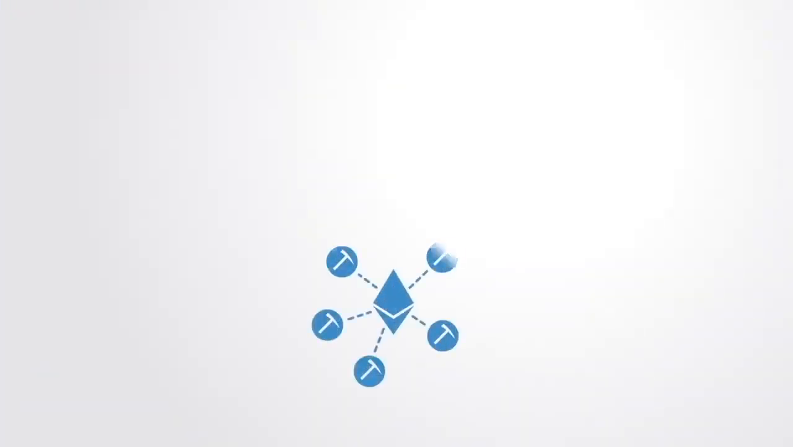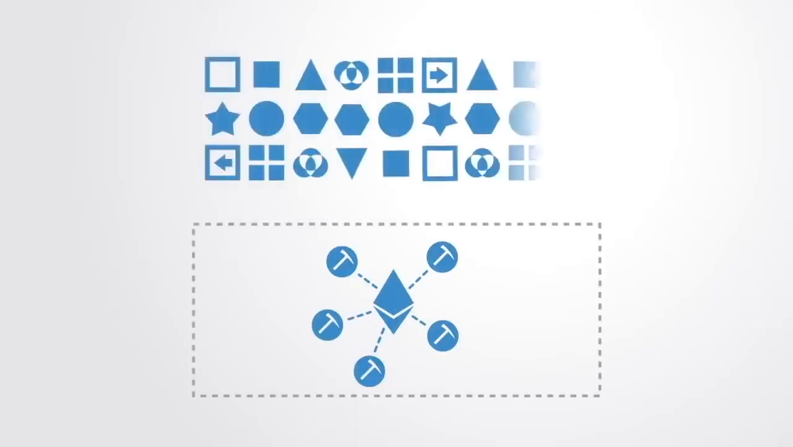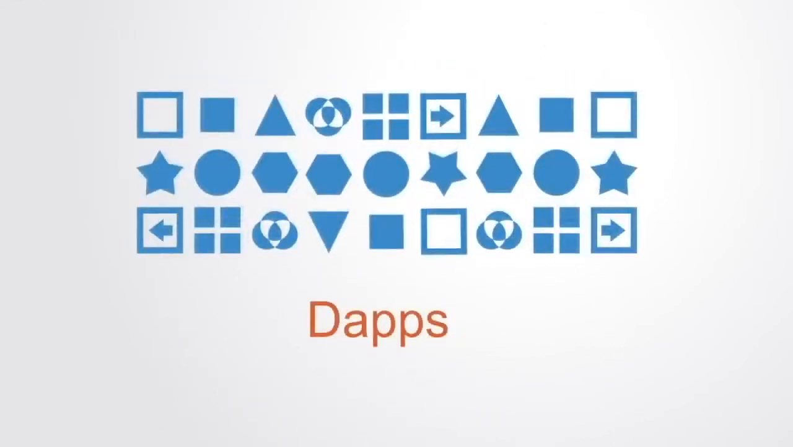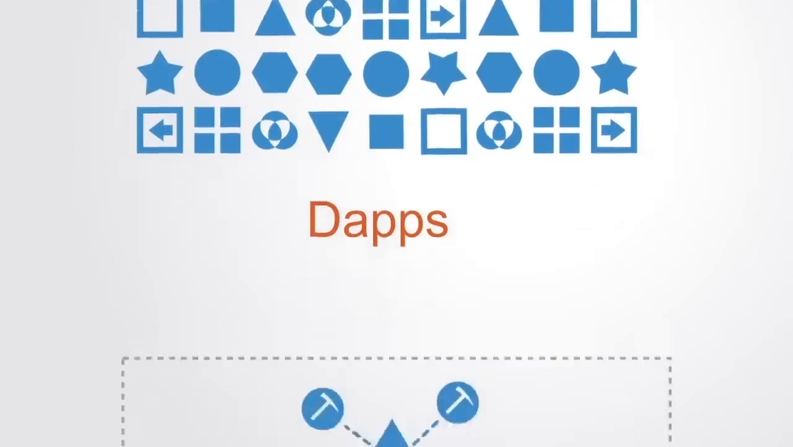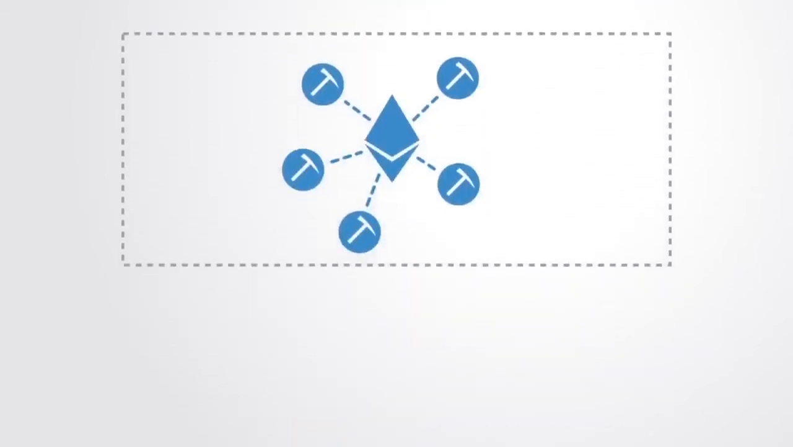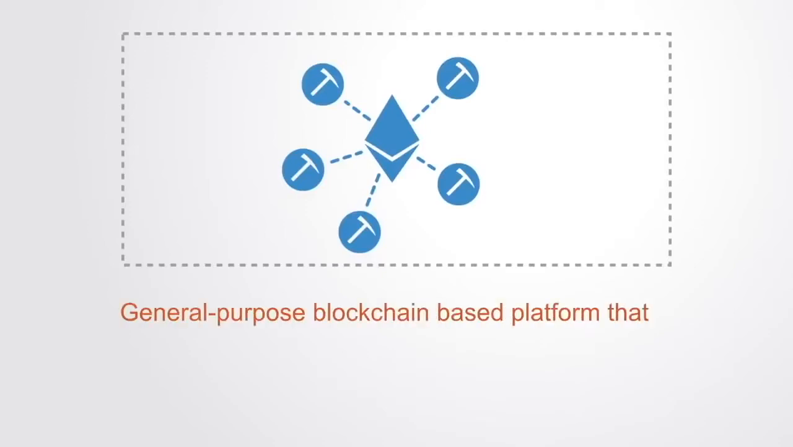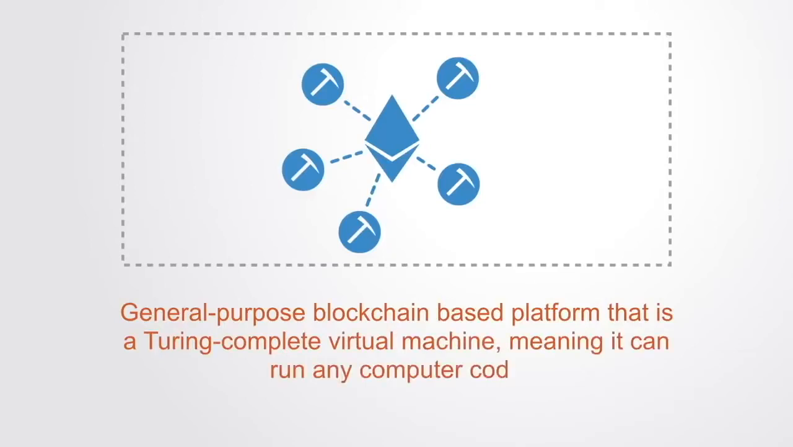The advent of the Ethereum platform in 2015 has worked to provide a virtual computing infrastructure for running applications on the blockchain. This new form of program is called a distributed application, or DApp for short. Ethereum was the first developer platform for building distributed applications. It was a foundational, general-purpose, blockchain-based platform that is a Turing-complete virtual machine, meaning that it can run any computer